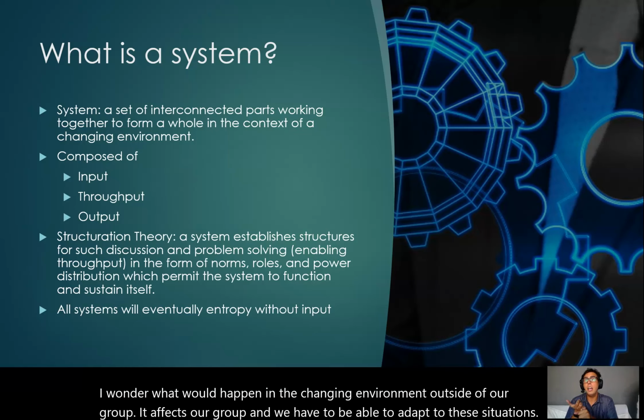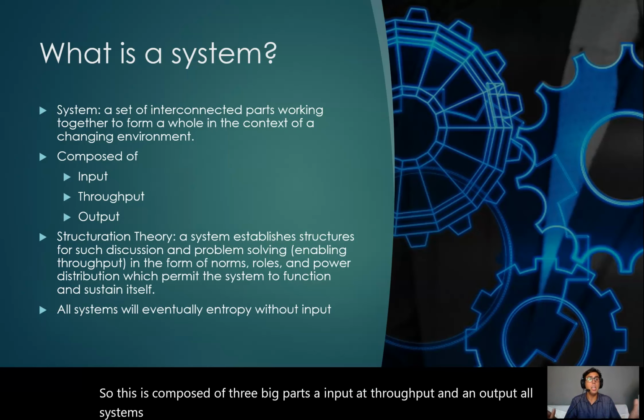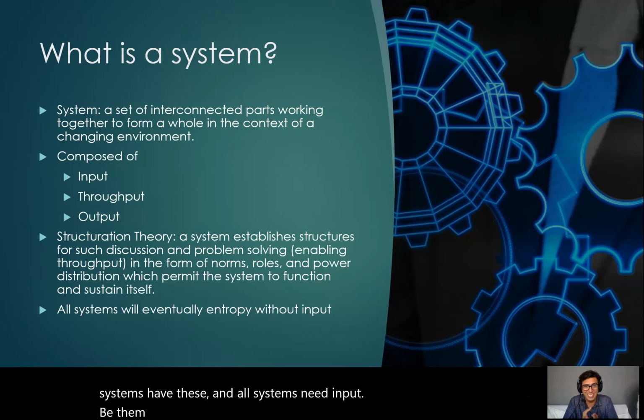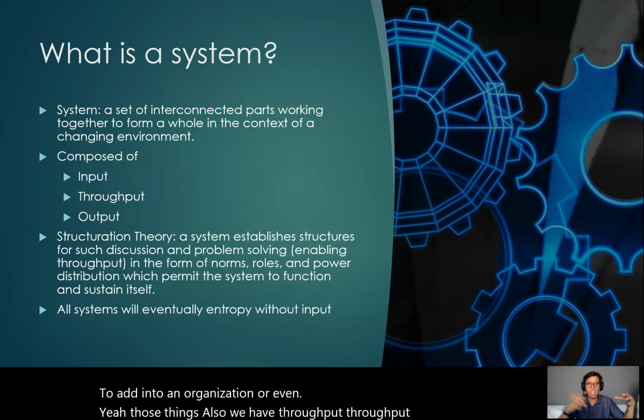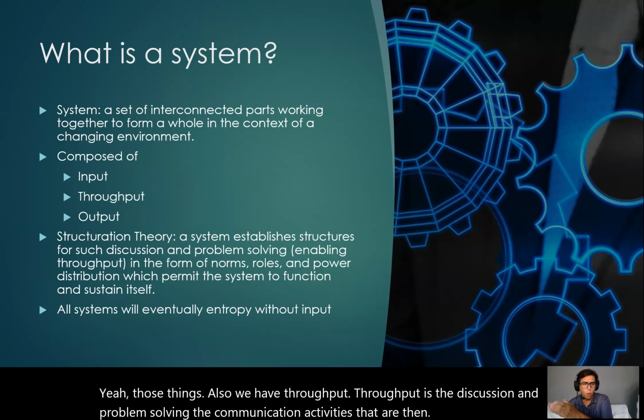Then we have, so this is composed of three big parts: an input, a throughput, and an output. All systems have these, and all systems need input, be it instructions from a professor or people to add into an organization. Also, we have throughput. Throughput is the discussion and problem solving, the communication activities that are then used to transform this input